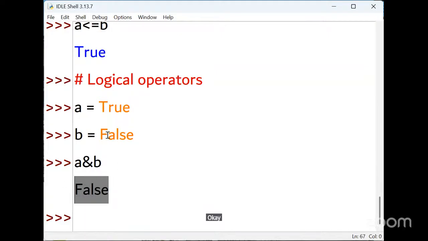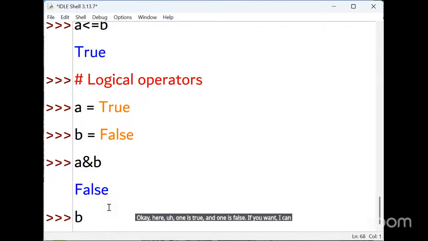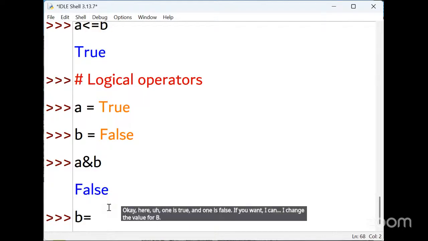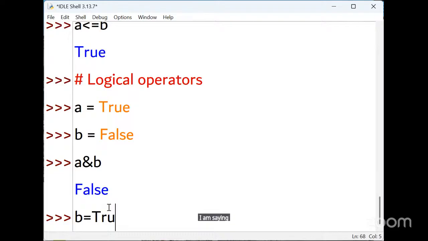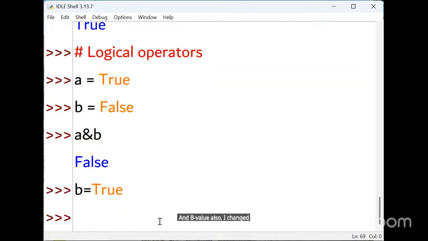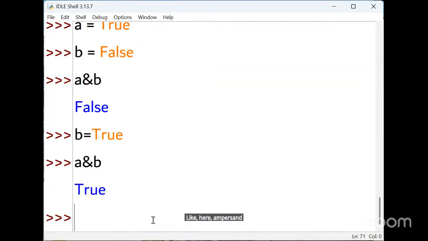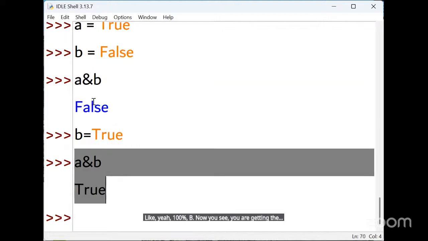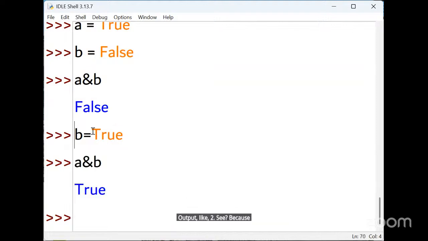Here one is true and one is false. If you want, I can change the value for B. I am saying B is equal to true. Now A value is also true and B value is also changed to true. Now you check the condition A ampersand B. Now you see you are getting the output true, because A value is true and B value is also true.